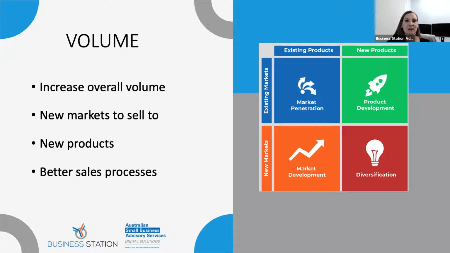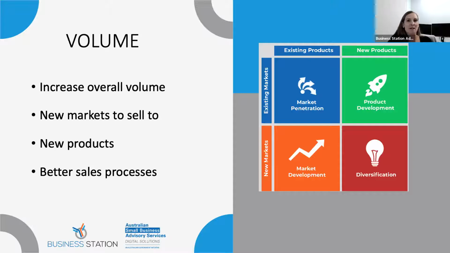The next area of profit enhancement is product development. And that's the green that you see on your screen. That's developing new products for existing markets. So thinking about who your markets are now, can you launch a new product or service? Now that could come about as part of the research that you've done through your competitors or through trend tracking and knowing that there are certain trends that are emerging. So consider what sort of product development needs to occur.